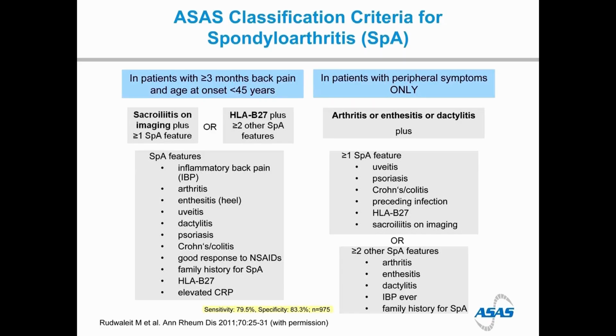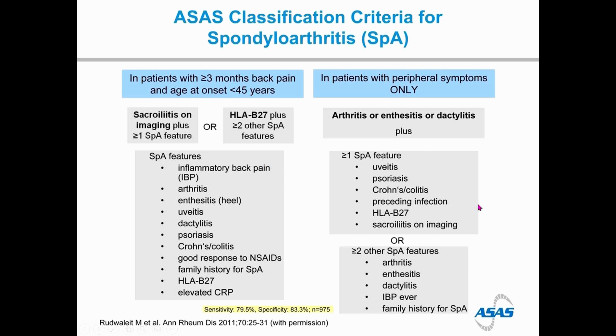So this is the ASAS classification for spondyloarthritis, and this is actually for all spondyloarthritis, be it either axial or peripheral. With respect to axial disease, if they have greater than 3 months of back pain, an age less than 45, and sacroiliitis on imaging, then we require one of these features listed below, and we've talked about these. Or if they have an HLA-B27, then we require 2 of these features, and we would then classify them as having axial